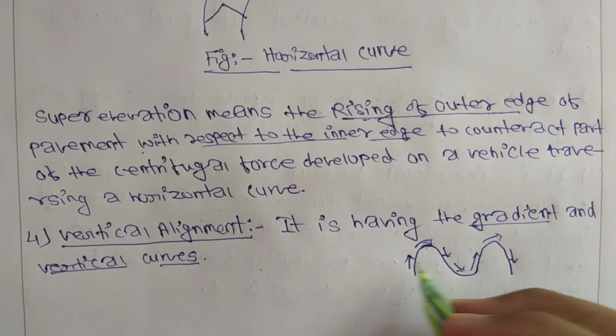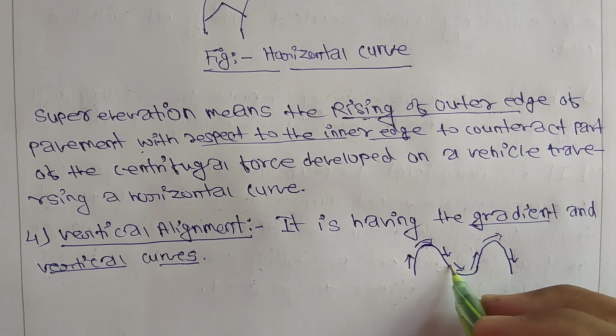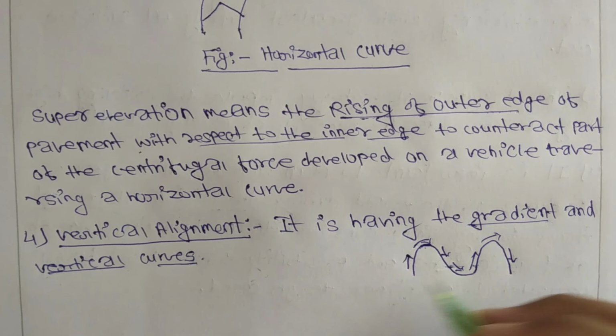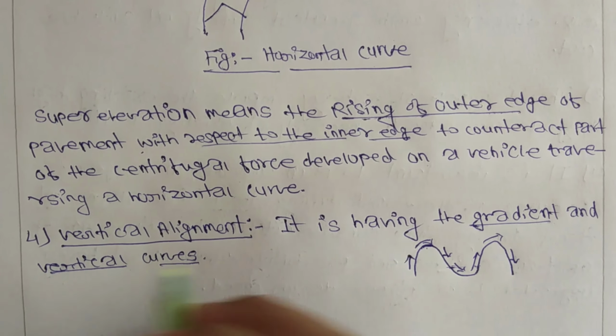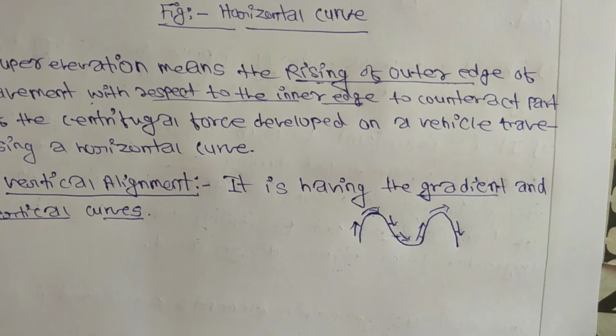If there is more peak point, we have to cut the peak point and fill in the situation where there are deeper areas, so that the vehicles can follow easily. So that is vertical alignment. The next point about the vertical alignment is